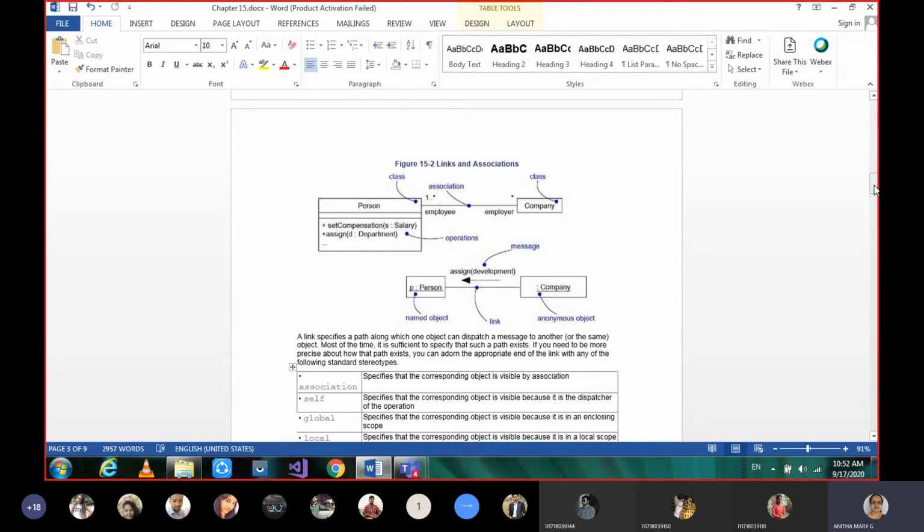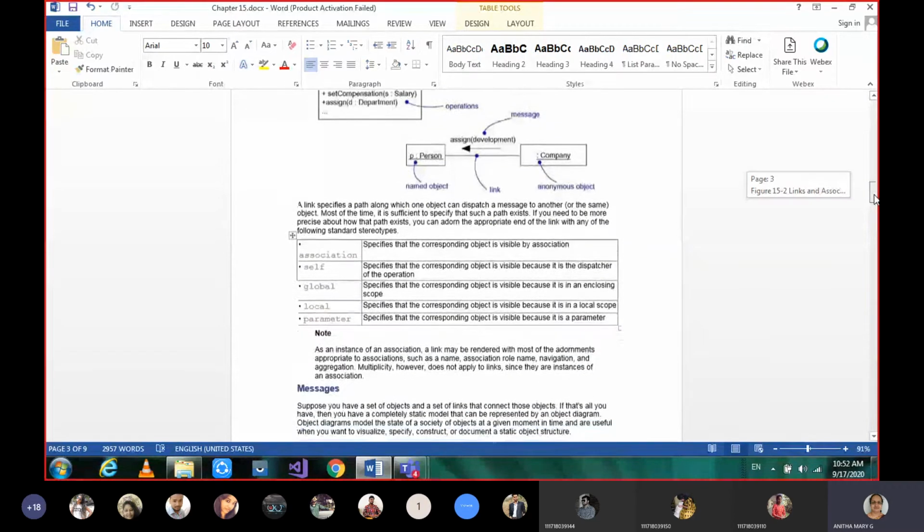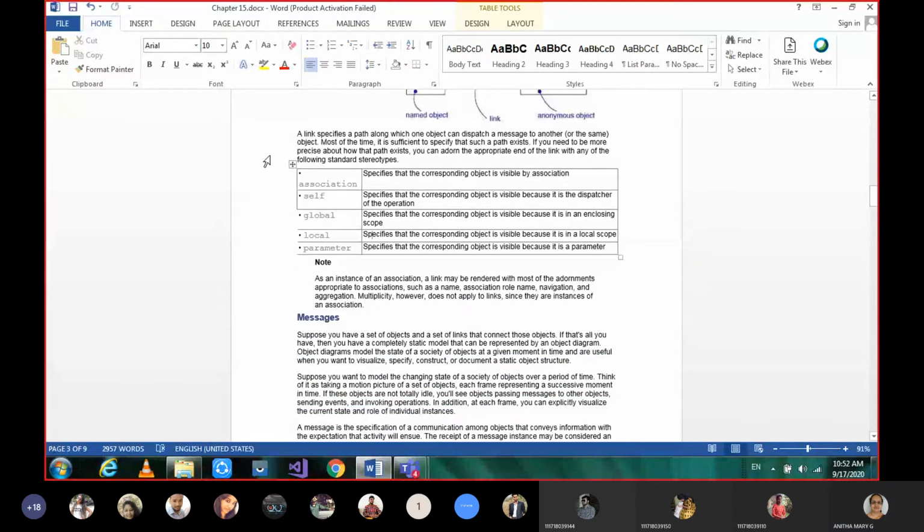What exactly is a stereotype? It is an extended vocabulary. To give an extended vocabulary for a link, we can be more specific by giving these stereotypes.